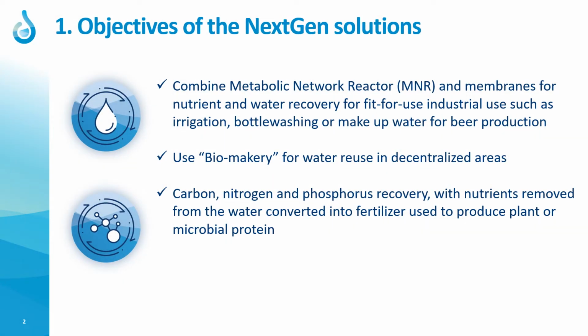The main objectives, so combine the metabolic network reactor with nutrient and water recovery for fit for use industrial reuse, maybe even up to water for beer production, but that is severely dependent on the quality of the water that we achieve. Now, also, it is a biomakery concept for water reuse in decentralized areas, and ultimately also carbon, nitrogen, and phosphorus recovery with nutrients removed from the water, and they can be converted into fertilizer for plant or